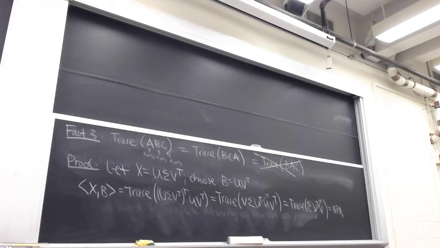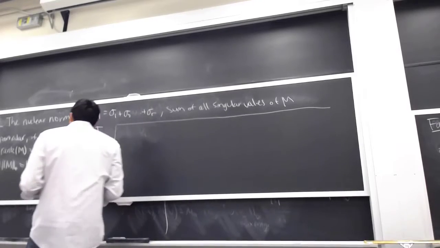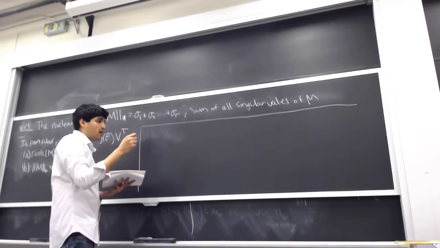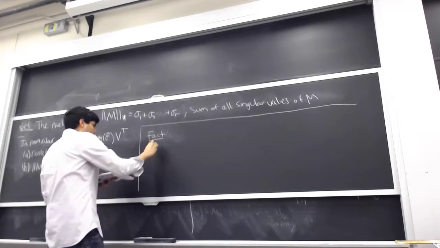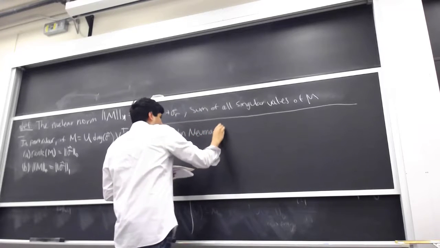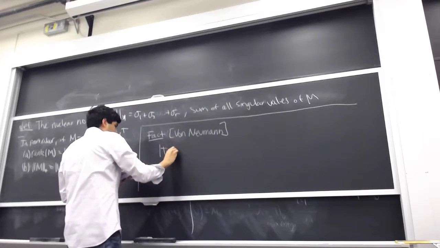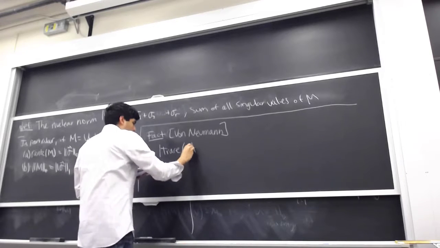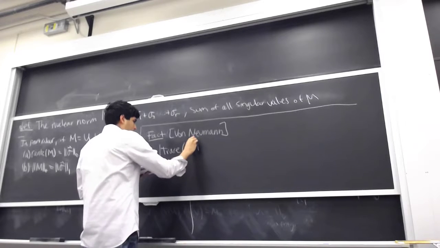So, unfortunately, the other side is actually a bit more involved. So I have to tell you another fact, but it's a good fact to know. This is actually how you prove this duality between the nuclear norm and the operator norm: you use what's called the von Neumann trace inequality. And it just says that the trace of, let's say, X transpose times B